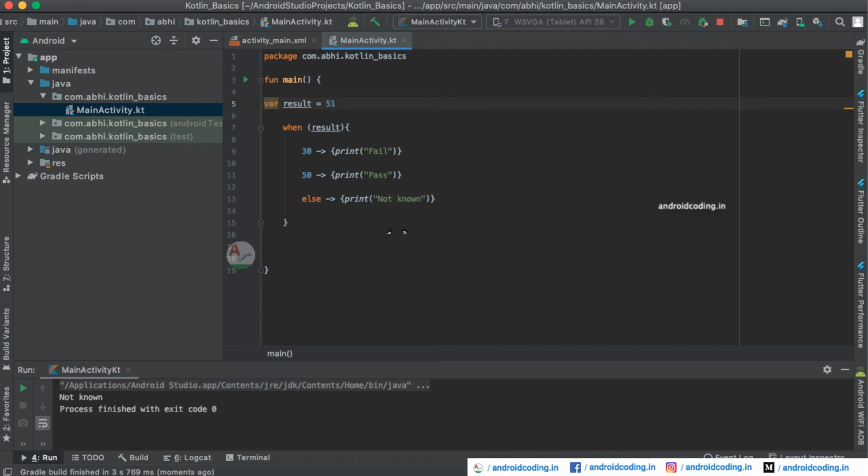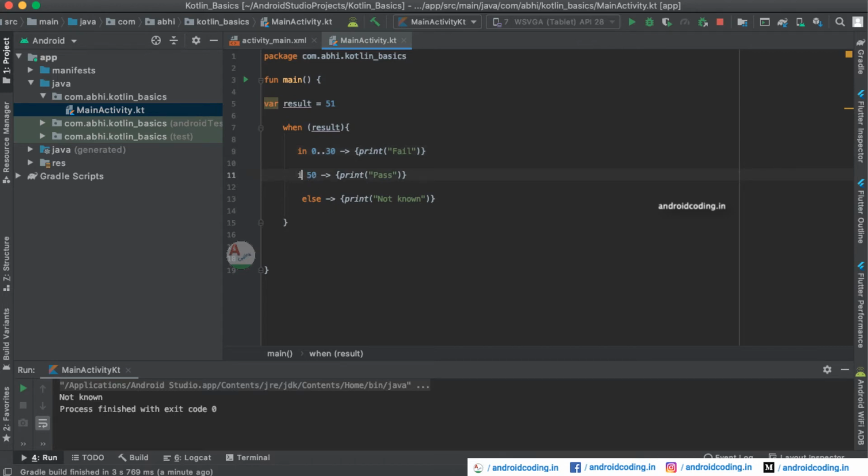If you want to provide a range for the marks, let us consider the passing marks to be 30. Here we need to provide the range 0 to 30. If you provide any number between 0 and 30, it will go through this particular statement and print fail here.